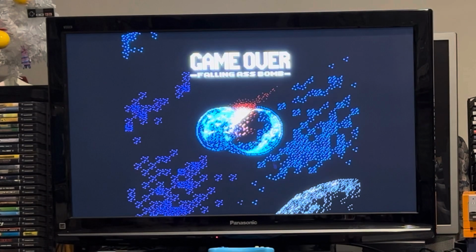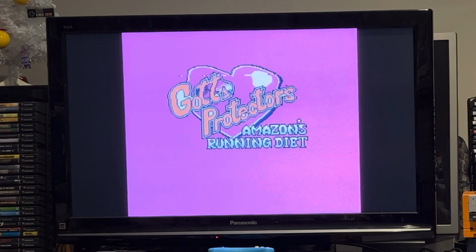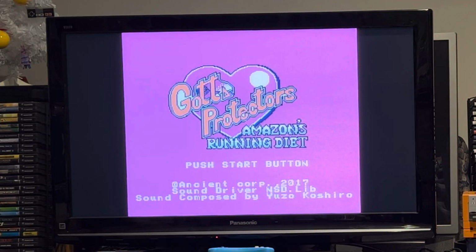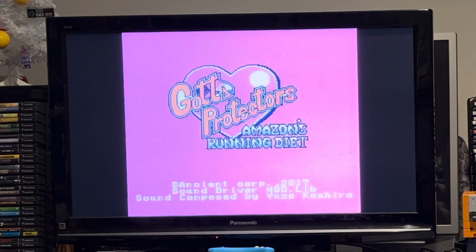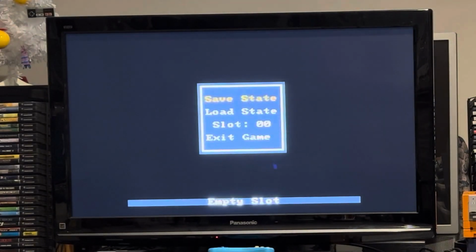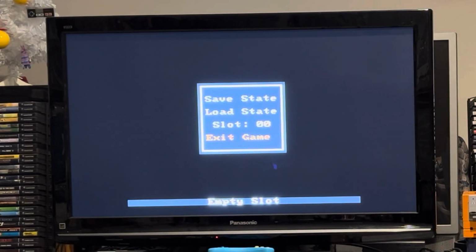As a collectible, I can see it. I get that. It would certainly be an interesting piece of shelf candy to have a complete in-box version with a cartridge and manual and pull it off the shelf and say to people, hey, look at this wacky thing I've got. Oh, it's a free game, but they made a physical version of it. Oh. And if you really want to spend $60 for that before shipping, then Bob's your uncle. Do what you want. As for me, I don't want to pay $60 plus shipping for a censored version of